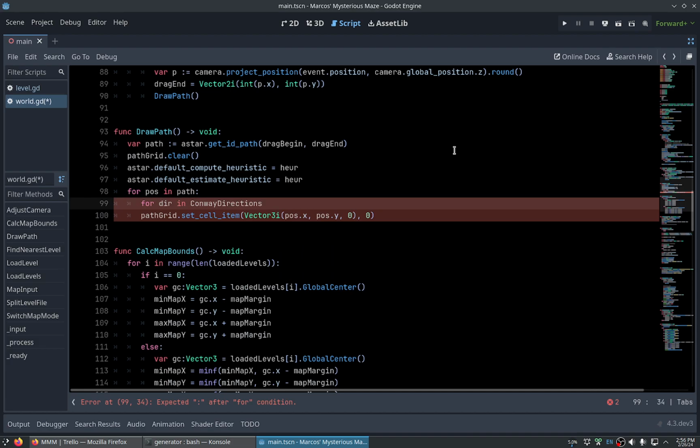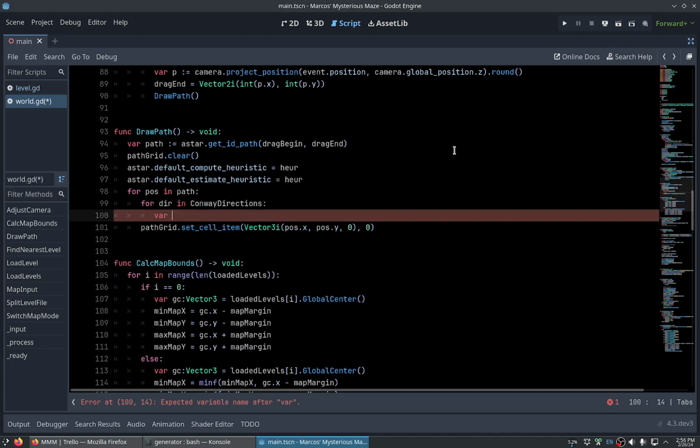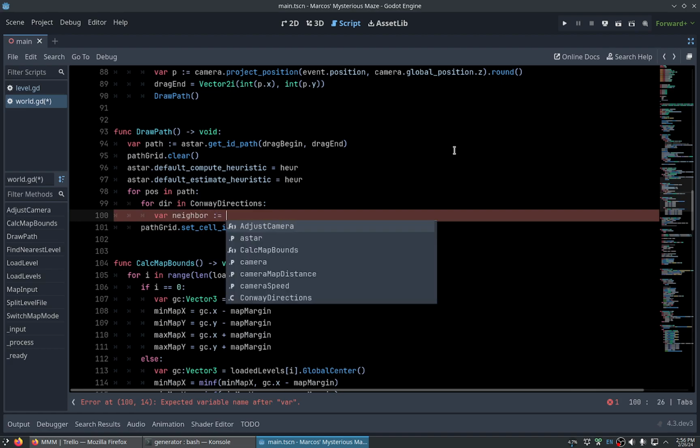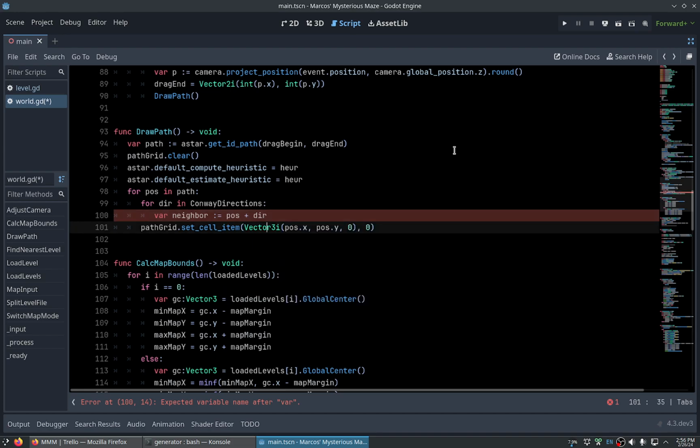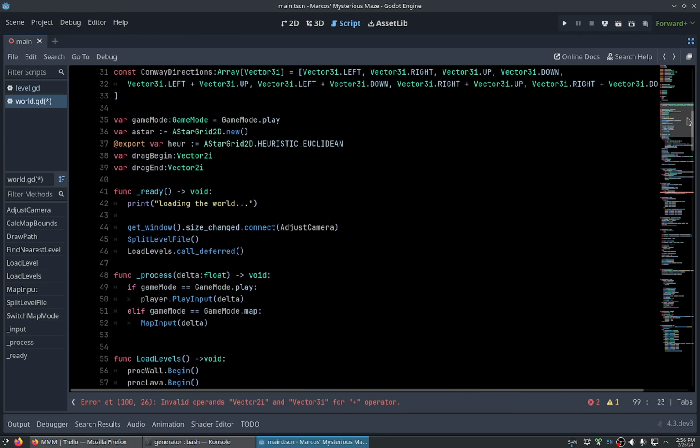Conway directions. Let's see. Invalid operands. Yeah, because these are to the